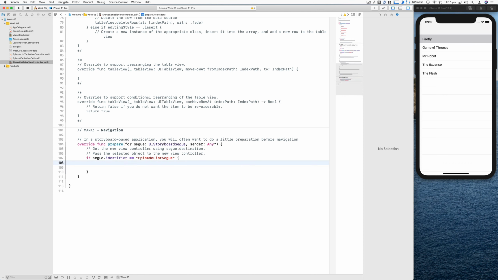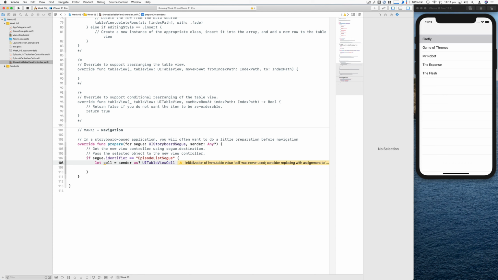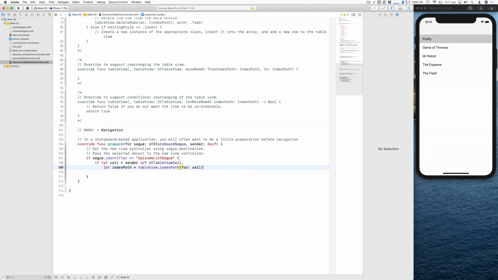Okay, so now what we want to do is get the cell. So we can do that by saying let cell equal to sender as UITableViewCell, because it doesn't have a custom class. And well, I can do all this in an if statement. So let's say if let cell equals this, and then we want to also base it on if let index path is equal to my table view controller, or table view I should say, table view dot index path for table view cell. And if both of those are true, then we're going to